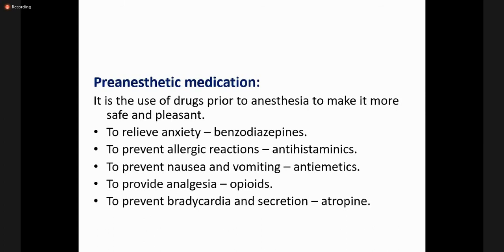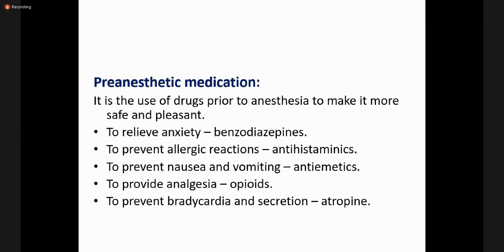Number one, because I have an operation tomorrow, definitely I am in a very anxious or depressive state. To relieve anxiety, we can use a group called the benzodiazepine group, and to prevent allergic reactions that can occur in a patient, right? So antihistaminics we generally use to prevent allergic reactions,